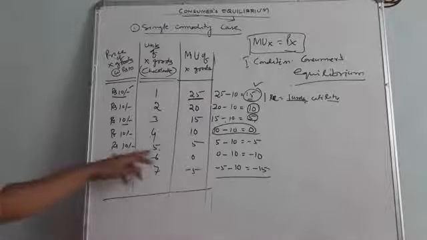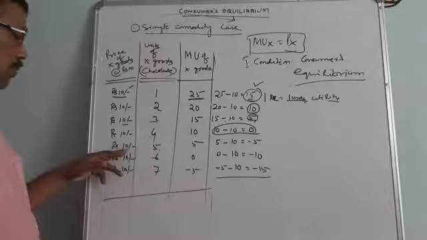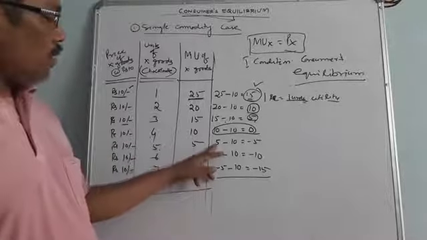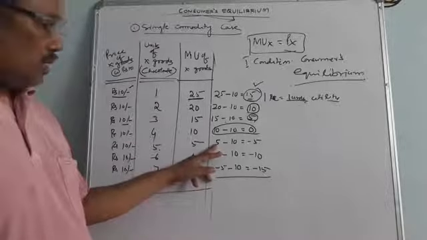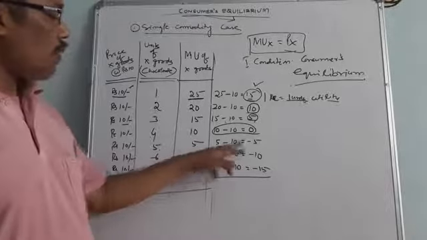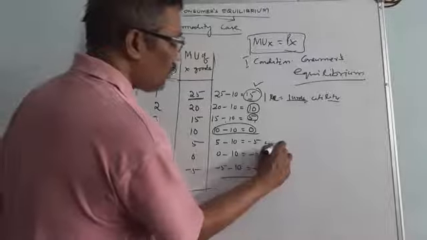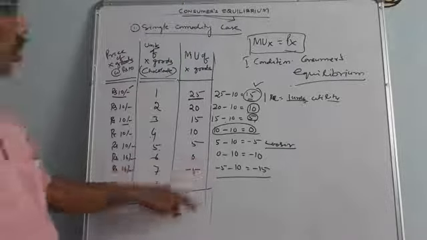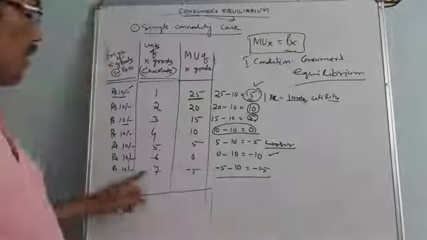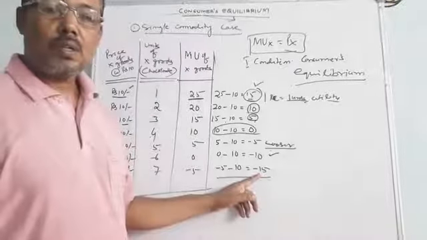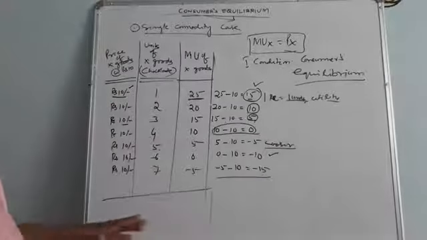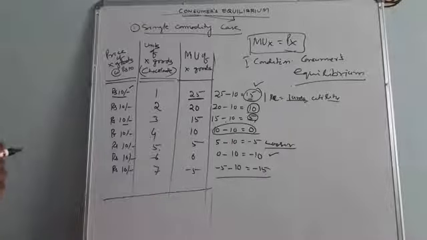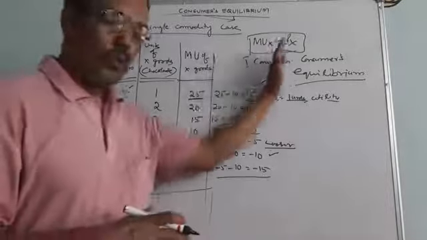And in the case of the fifth unit of the commodity, you are purchasing the fifth unit and paying the 10 rupees. So how much is the difference here? 5. You are getting that marginal utility of 5 and paying 10 rupees. So 5 minus 10, minus 5, you are the loser. In the sixth unit case, you are more of a loser. In the seventh unit case, you are also more of a loser. So with this example, a rational consumer will purchase how many units of the commodity where the marginal utility of X equals the price of X.